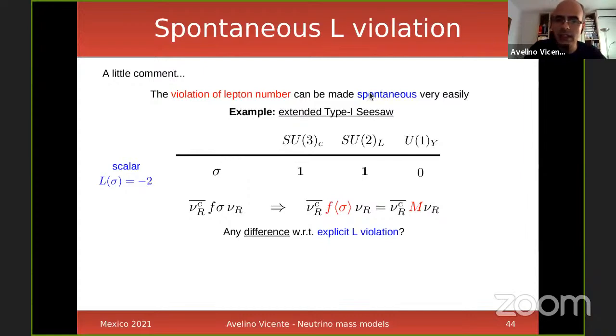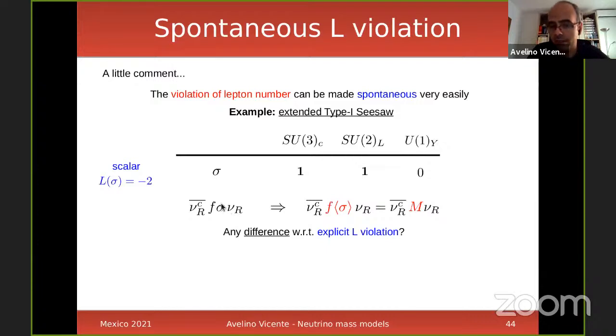So, for instance, let's suppose we consider the type 1 seesaw, the typical model that everyone has in mind for neutrino masses. But now we impose that we want to have conserved lepton number. If we want to have conserved lepton number, the Majorana mass for the right-handed neutrinos is forbidden. But let me add a scalar with lepton number equal -2. Then, in that case, I can write this Yukawa coupling that I call F that couples two right-handed neutrinos to sigma in this particular way. So this is now lepton number conserving because you have +1, and this is -2. So everything is fine. We are happy.